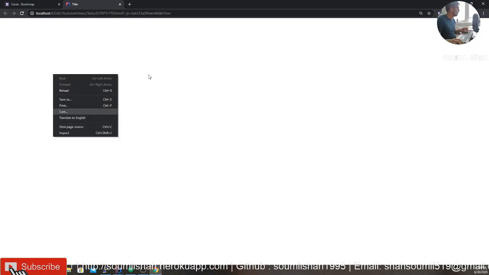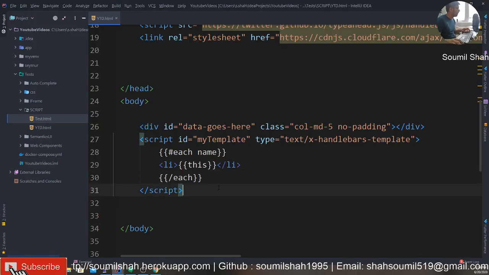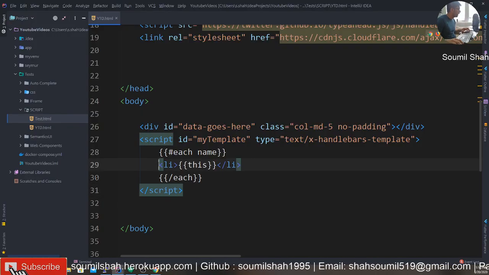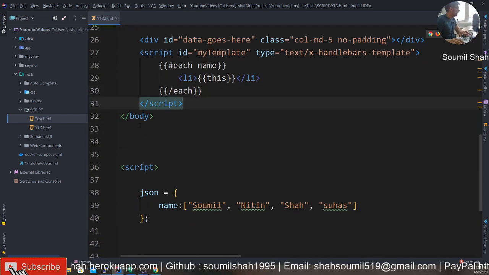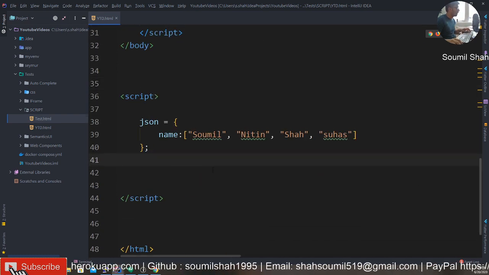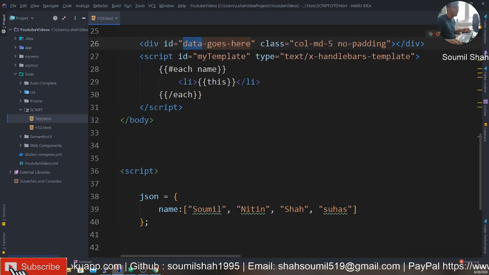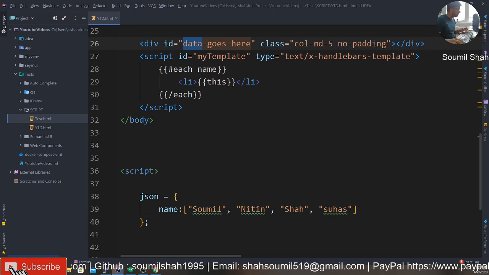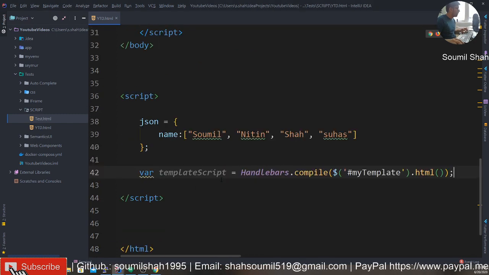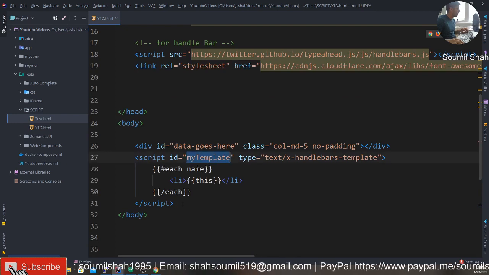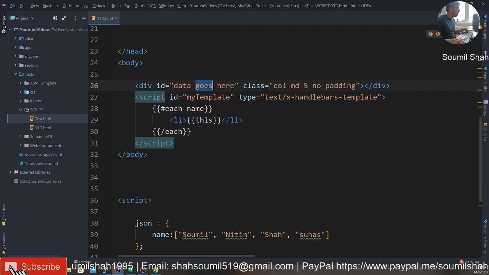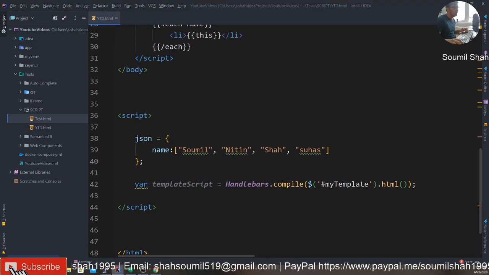We have some error, and we'll find it out. Don't worry, we have errors. Okay, that's fine, it usually happens. Oh, that is because we are not running Handlebars yet, so we need to compile our template. I'm going to define my template script, Handlebars.compile, my template which I just defined here. This is my template, and we need to compile it here. So we need to select that, and let me see.